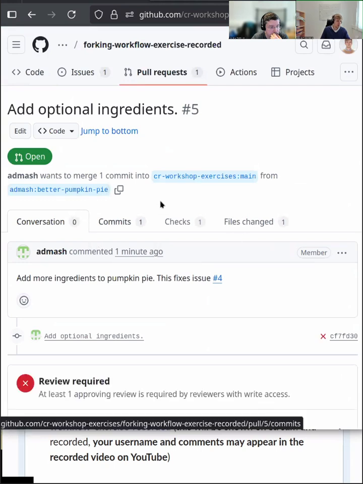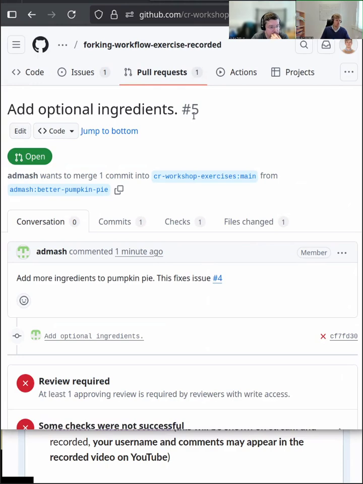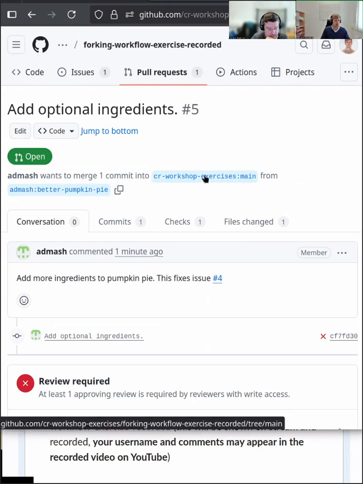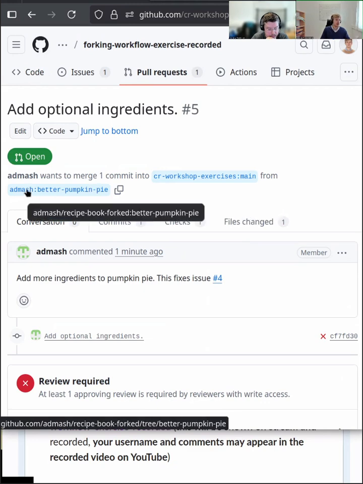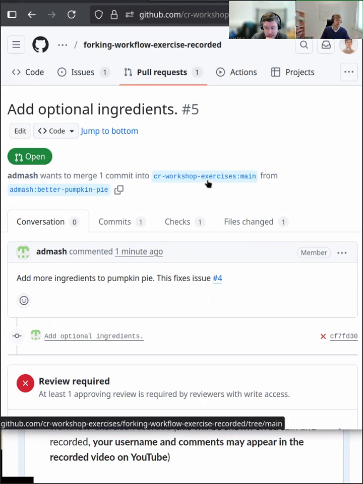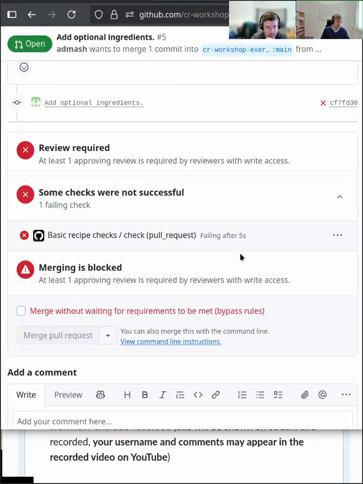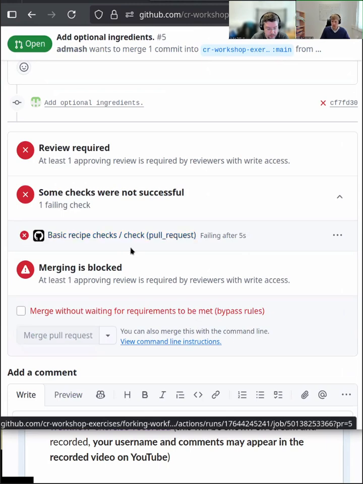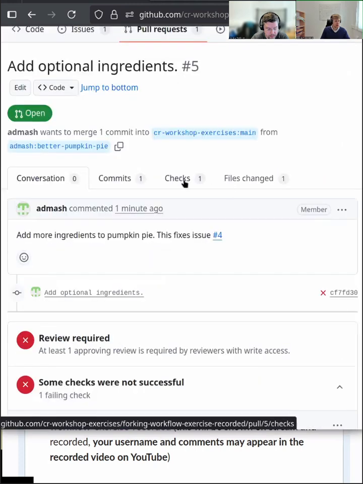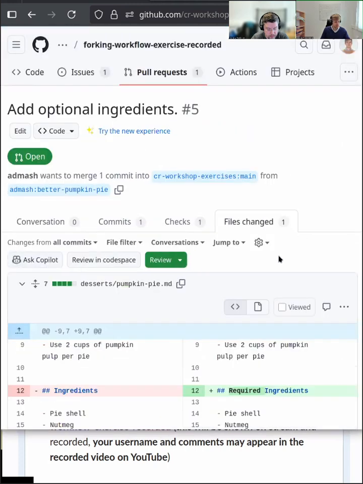Okay, so same as before, we can check now the name. That seems to make sense. We also see here from where to where the pull request is supposed to take place. So we see here from Andrew's forked repository into the main repository, main branch of the CodeRefinery repository. So that's what we want to have. So let's look here further down and we see, okay, these tests, they seem to fail. So that's maybe something we should address. But before that, let's have a look at the files itself.